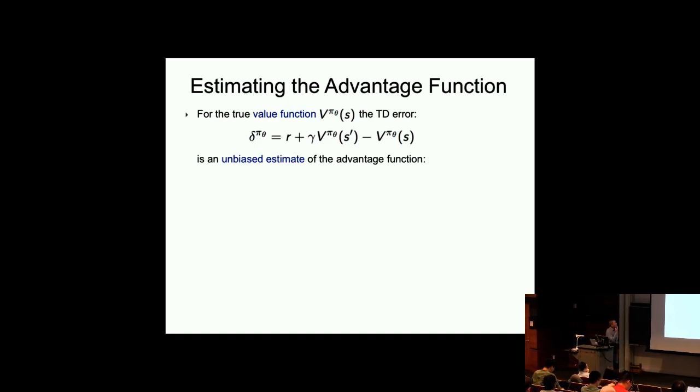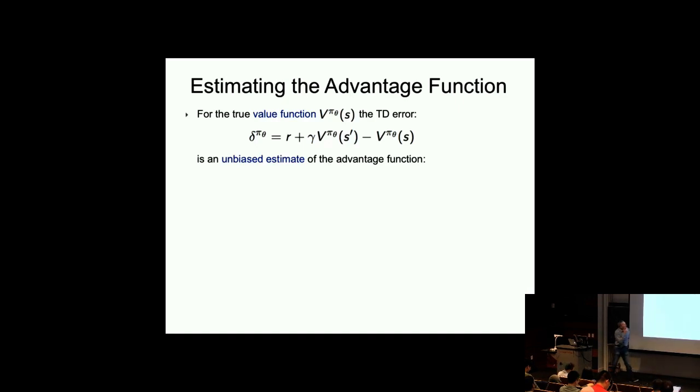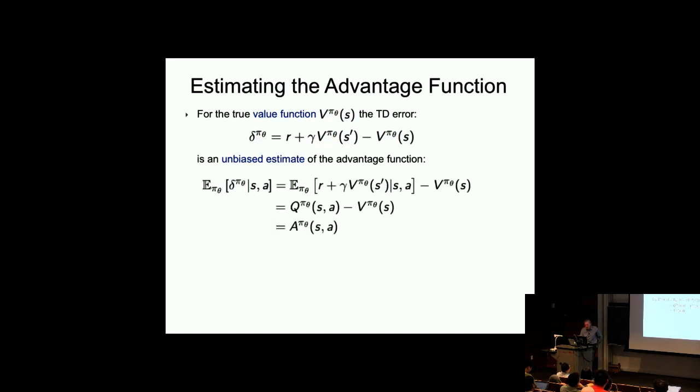So let's start by talking about estimating the advantage function. If we're going to do that, then you notice that our standard temporal difference error, which is just this expression here, is in fact a perfect signal for the advantage function. It is the value of the advantage. So we can see that delta pi theta, which is just the observed reward plus gamma times the value of the downstream state minus the value of the upstream state,